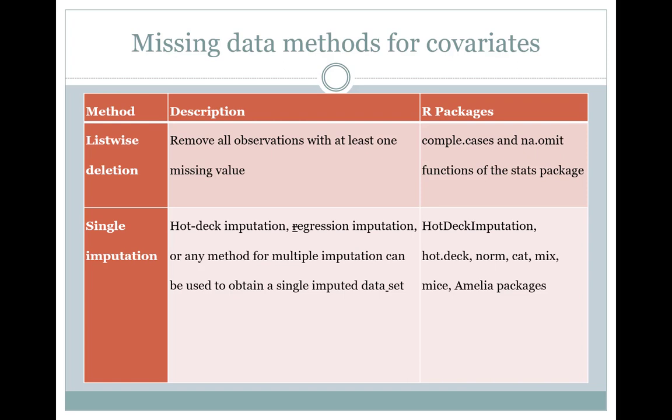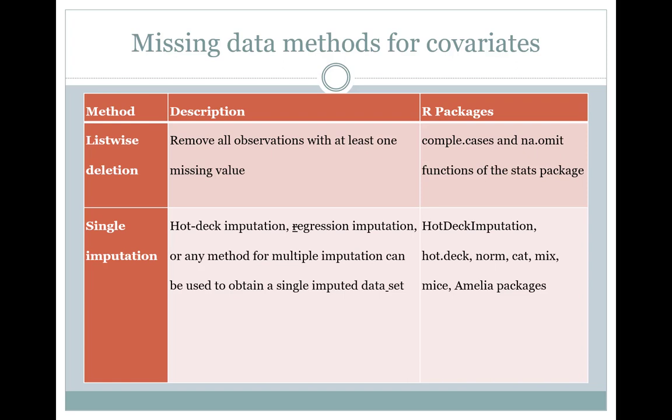Listwise deletion is rarely viable because that consists of removing all observations with at least a missing value. And if you have a very large number of covariates, it may be that every observation has a missing value somewhere. So you may lose all your data. And also, listwise deletion assumes that data is missing completely at random, which is a very strong assumption. So that should almost never be done unless you have a very small percentage of missing data in just a couple of covariates. Now, single imputation is a viable method,